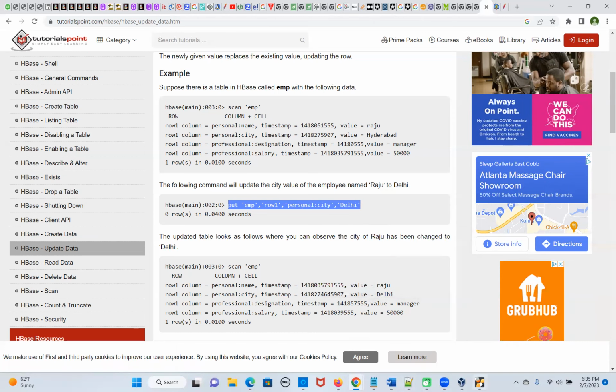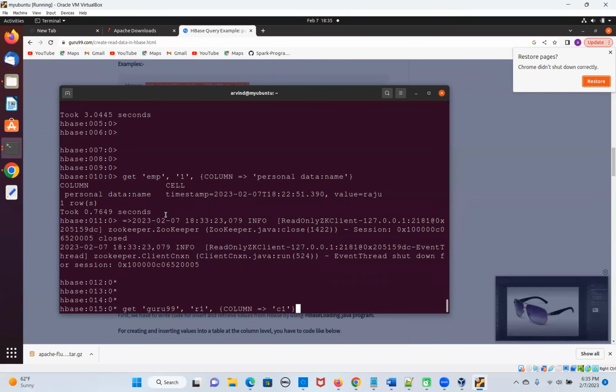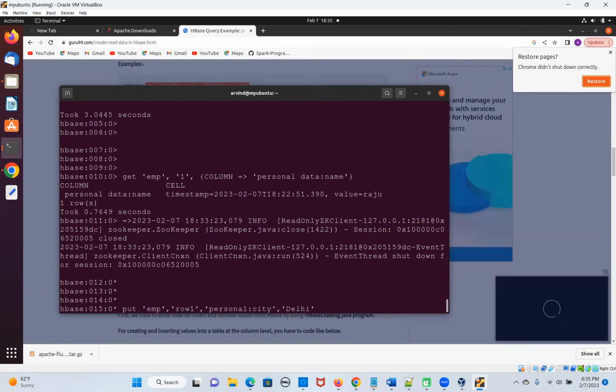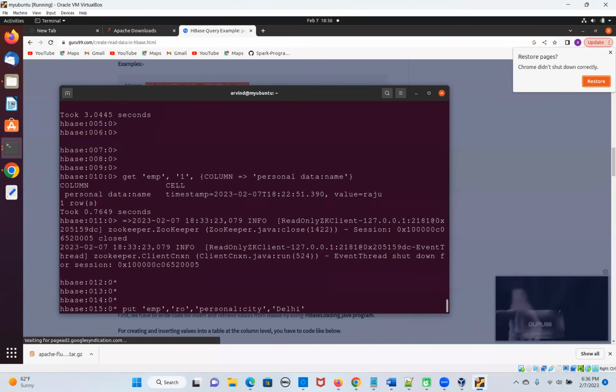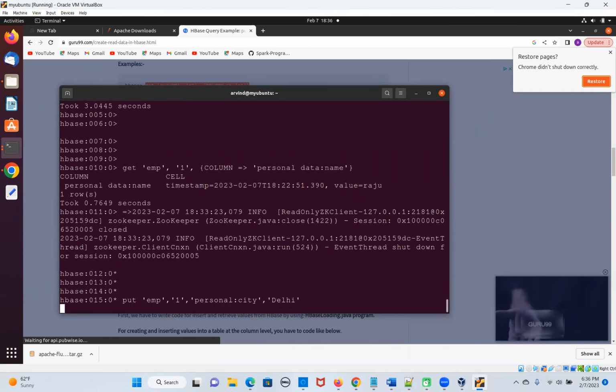You remember, right? First time when I did the put command, it inserted, right? It was inserted. But now I'm running this put command a second time for the same row ID. Now it will use update. So this put command is common, whether it's an update or whether it's new, right? So I'm just here, my row ID one, okay? Because my row ID and city. So I have already inserted data, right? Okay. Correct. So now if I do this,